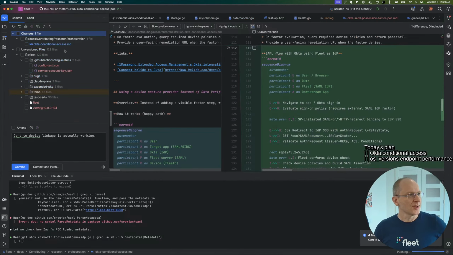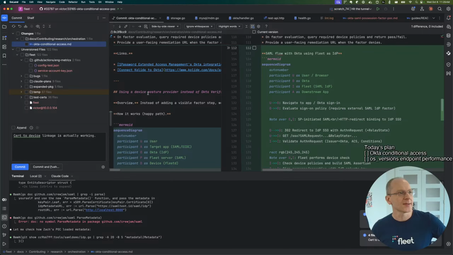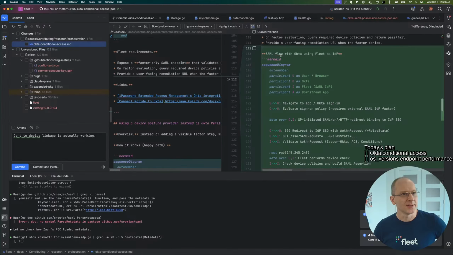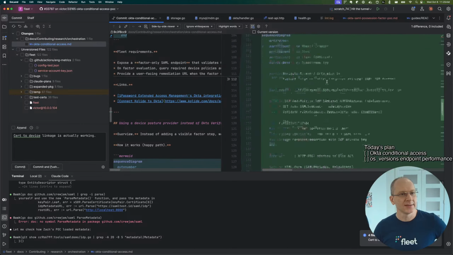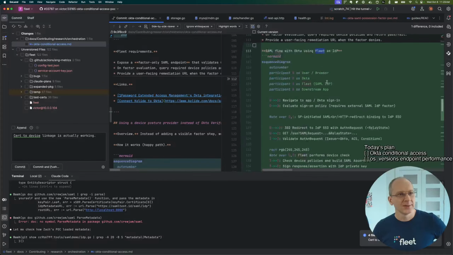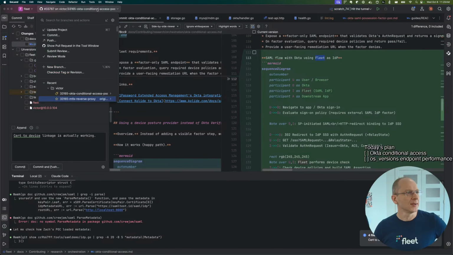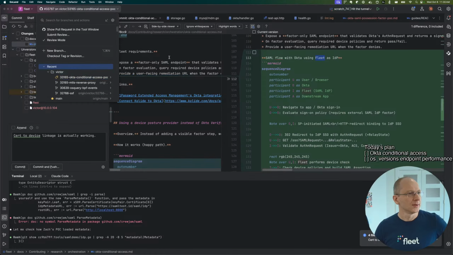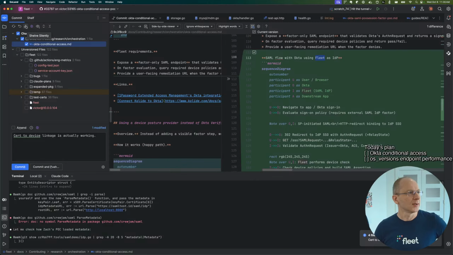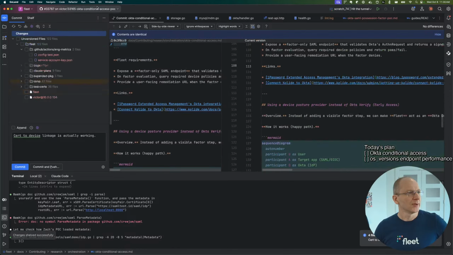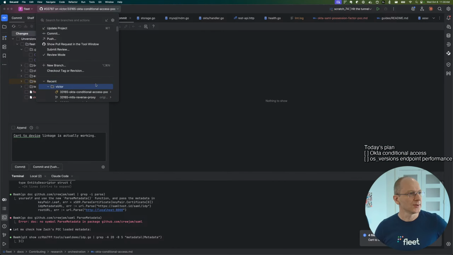And this doc change that I added, I actually want to push it into a different branch because this POC branch is going to be temporary. We're not going to merge it into our main code base. But this additional SAML flow doc that I added, it's nice to keep it around. I'm going to shelve it, switch branches